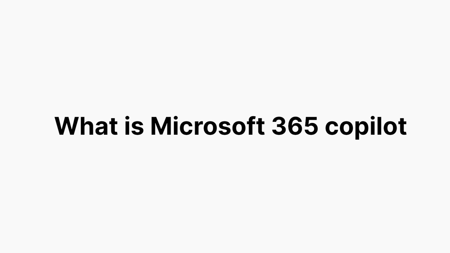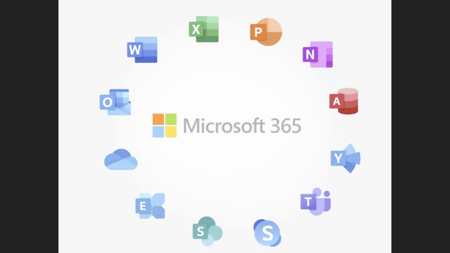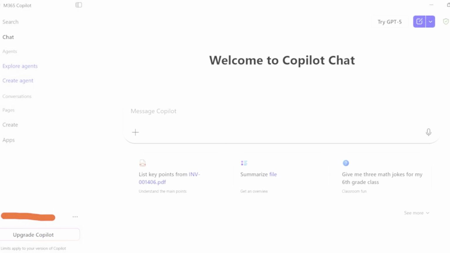Everyone's talking about Microsoft 365 Copilot. But what does it actually do inside your office apps? So let's break it down. In a very simple way, Copilot helps you to write smarter, right? Of course, we have so many productivity tools when it comes to Microsoft 365. We have Microsoft Word, we have Teams, we have Outlook, we have PowerPoint, we have Excel, and so many other